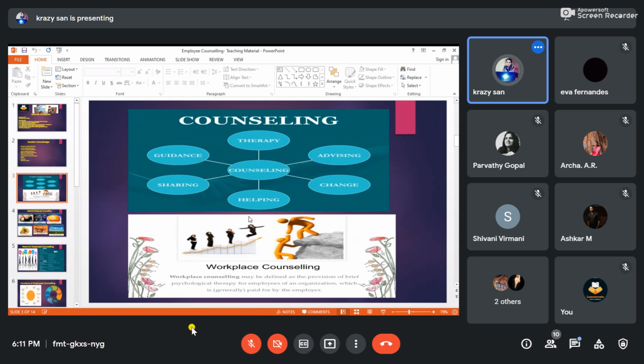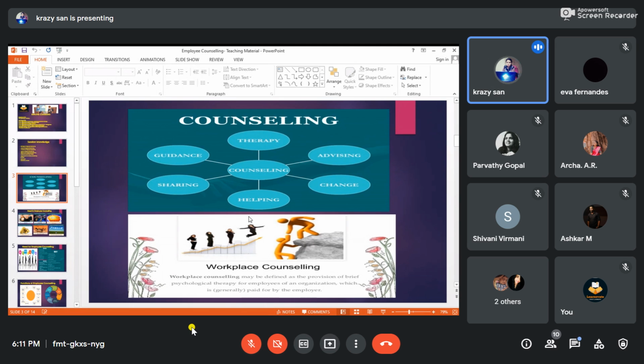And so this is, if you can say, a form of a process of communication. It is concerned with the emotional problem, and it has a concern with the feelings, emotions, and thinking. All these things get combined with it. So counseling, if you understand the concept, is a two-way process of communicating,